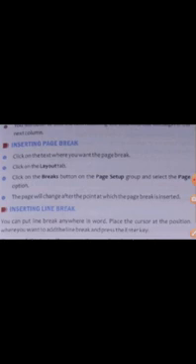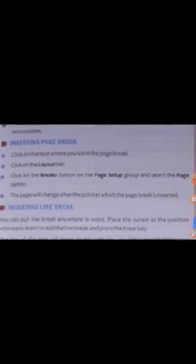So how can we give that page break? Click on the text where you want the page break to appear. For example, if this is my new topic here, like if the heading is written here, inserting page break, from here I want my text of inserting page break to appear on the next page. I will keep my cursor before inserting page break, and then click on the layout tab, and then click on the breaks button in the page setup group and select the page option.